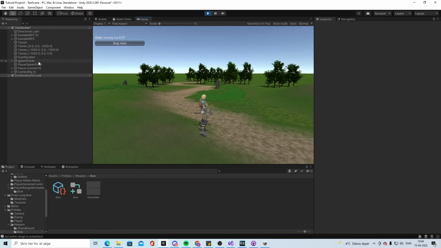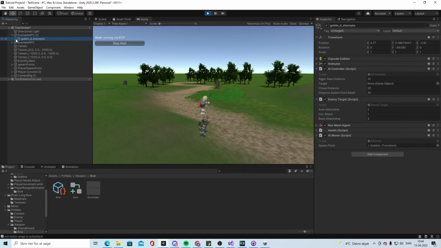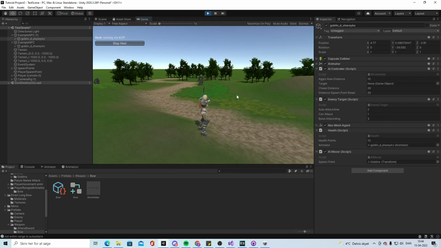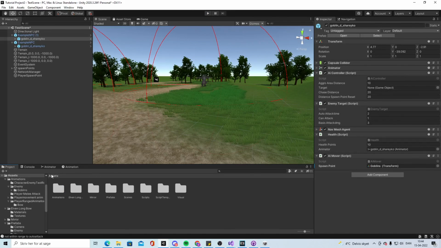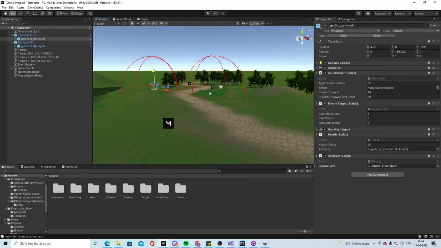Let's see if our little man takes some damage. He is called, I think it's number 1. Probably number 2. So as you can see, he's currently not taking any damage because we have not added a hit effect to the bow. So we will solve this one in the future tutorial because we actually want the combat protection